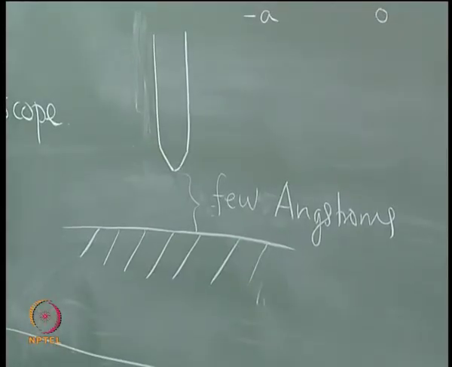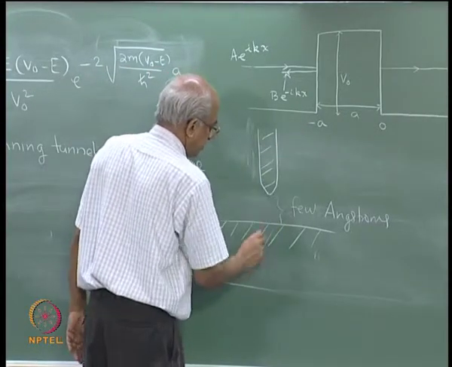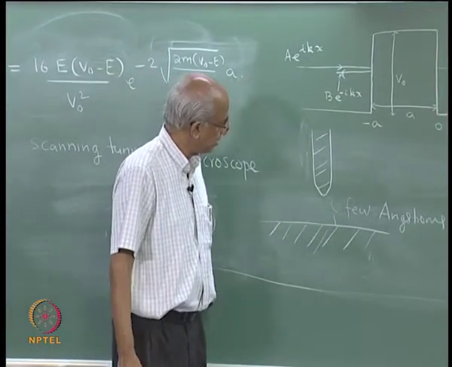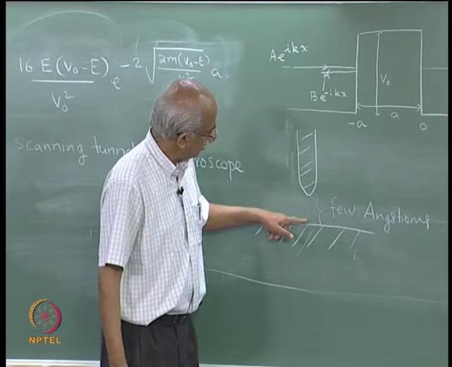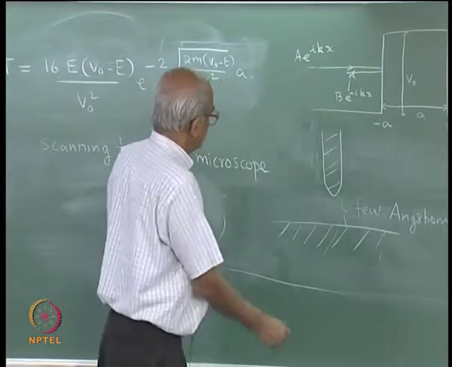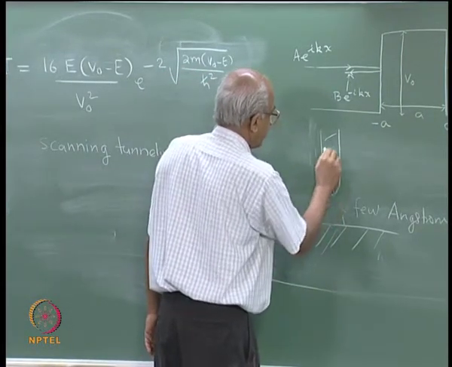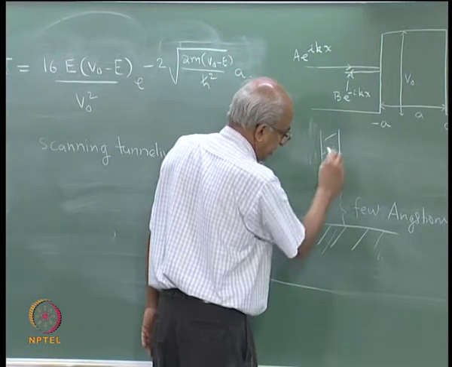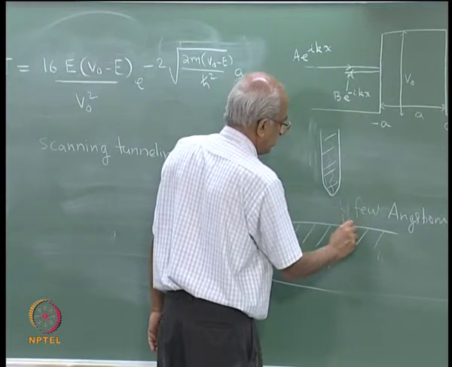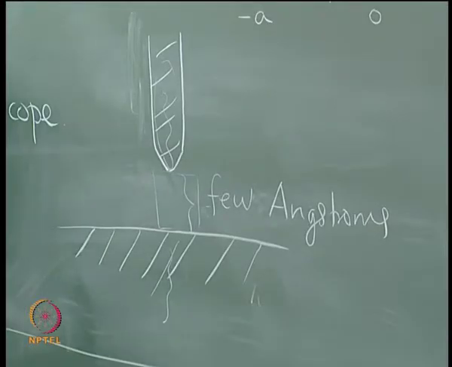Now, you know that there are free electrons in this metal tip. There are also free electrons in the other metal, which are free to move anywhere in the metal. There are free electrons here, there are free electrons there, but this portion is just vacuum. So if you think of an electron in the tip, it can move freely anywhere within the tip, and that electron of course can move freely anywhere in this region, but in this region there is no metal, and therefore that region would act as a barrier.